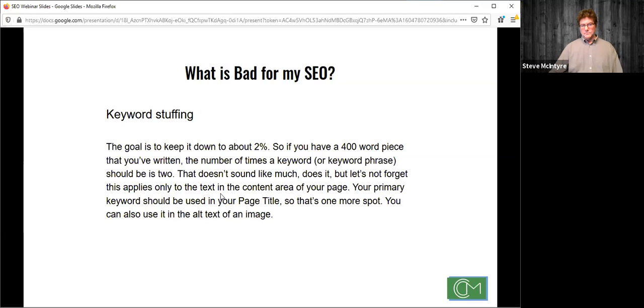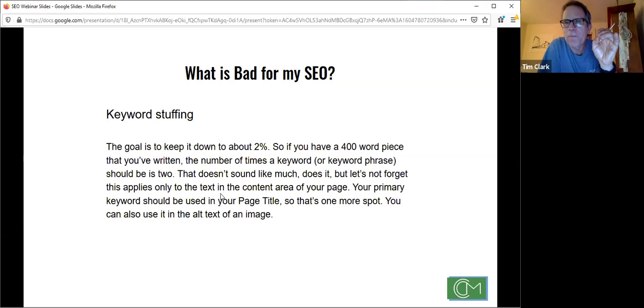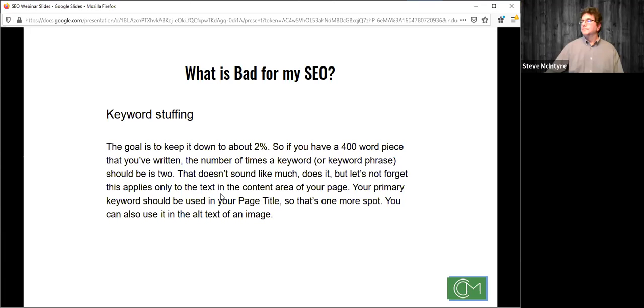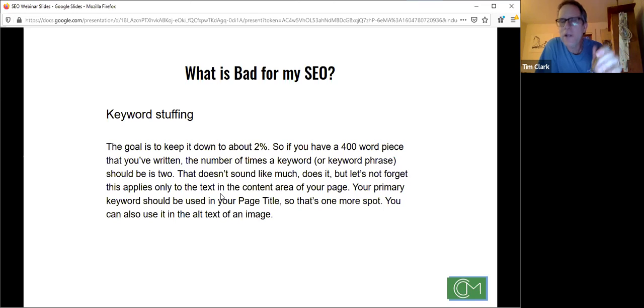Your primary keyword should be used in your page title. So that's one more spot. You can also use it in the alt text of an image. That is the text that describes an image that's unseen by users unless they're using a screen reader, which is mostly used by blind users. Oh, hold on a second. You can also use it in the meta description of